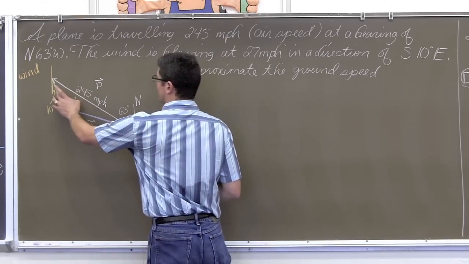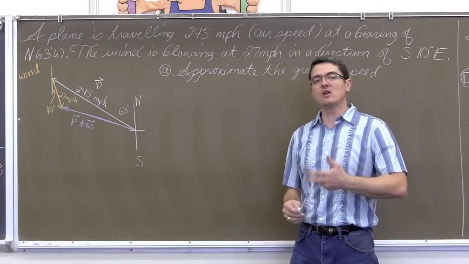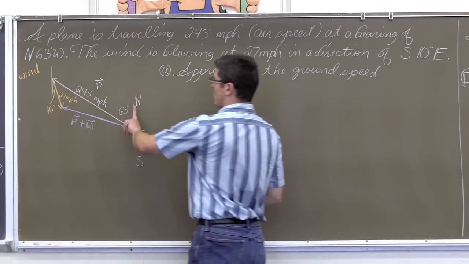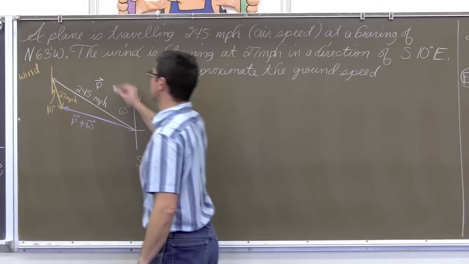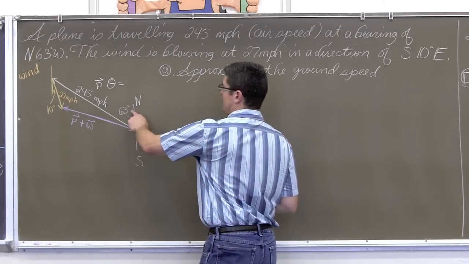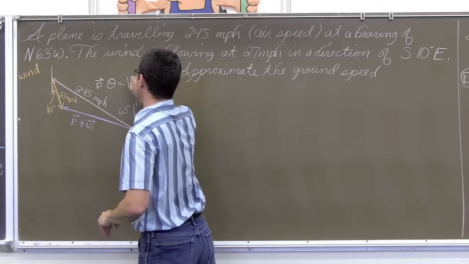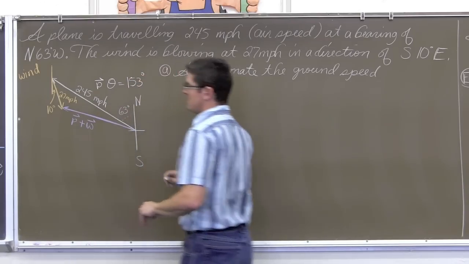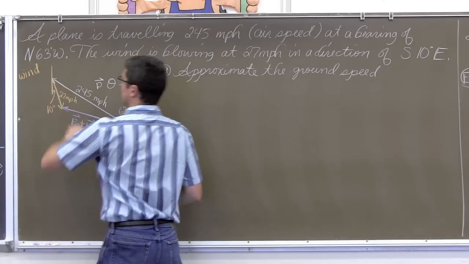And with magnitude, we need direction. Now, not bearing direction, but standard position rotation. So if it's north, 63 west, that is actually going to be an angle measure for the plane vector of 90 plus another 63 degrees, which is going to be 153 degrees. The wind is going to have, now see where the wind is?